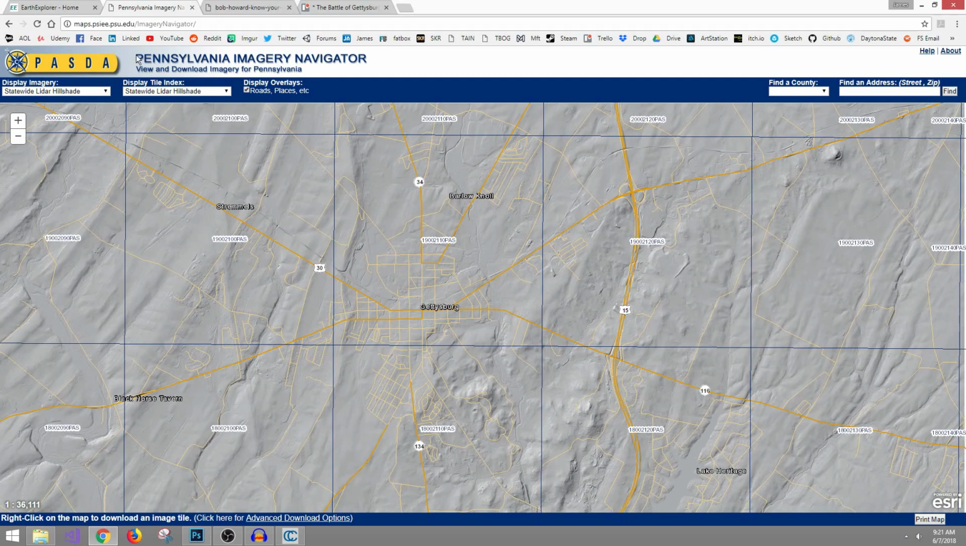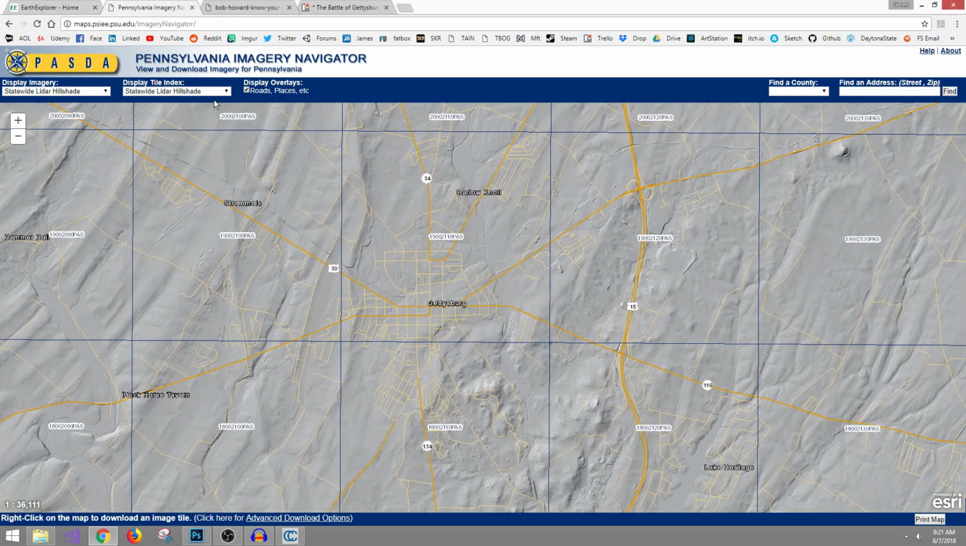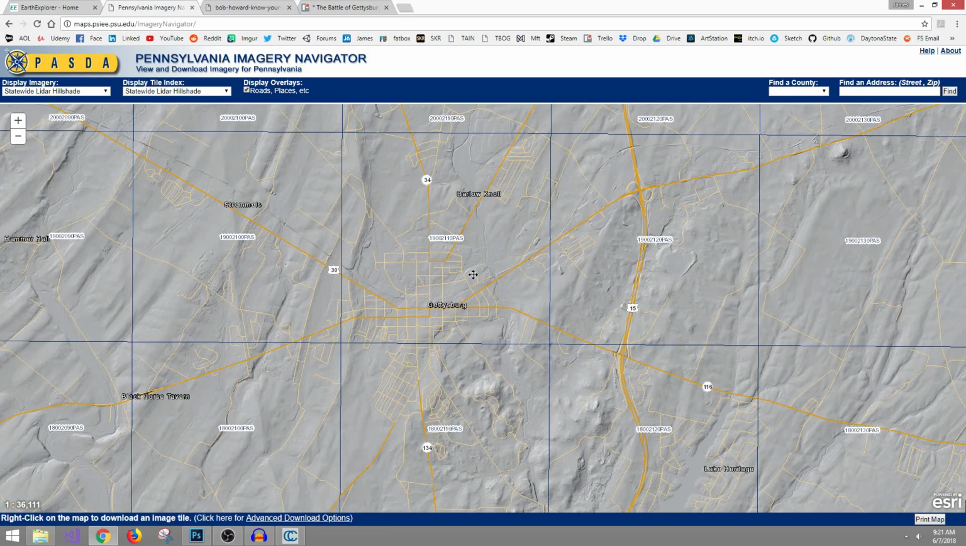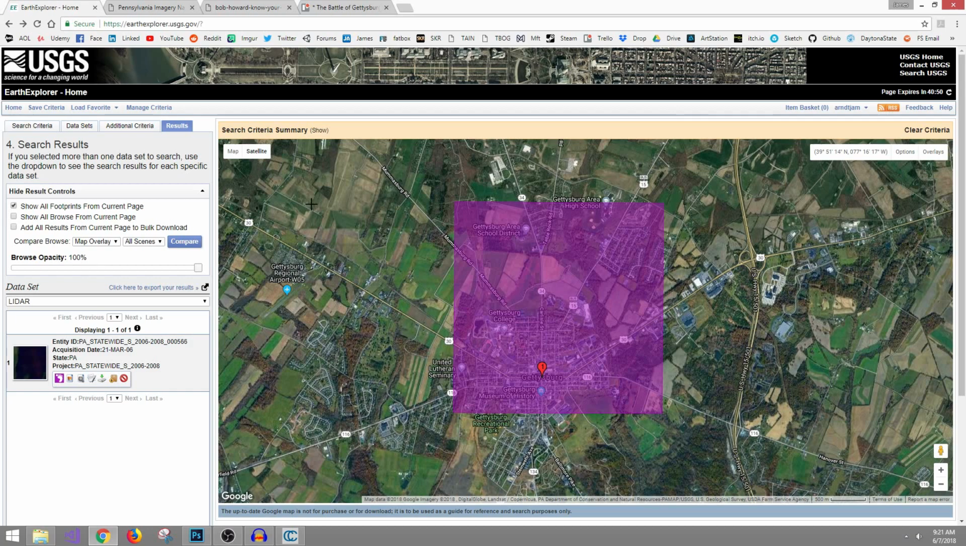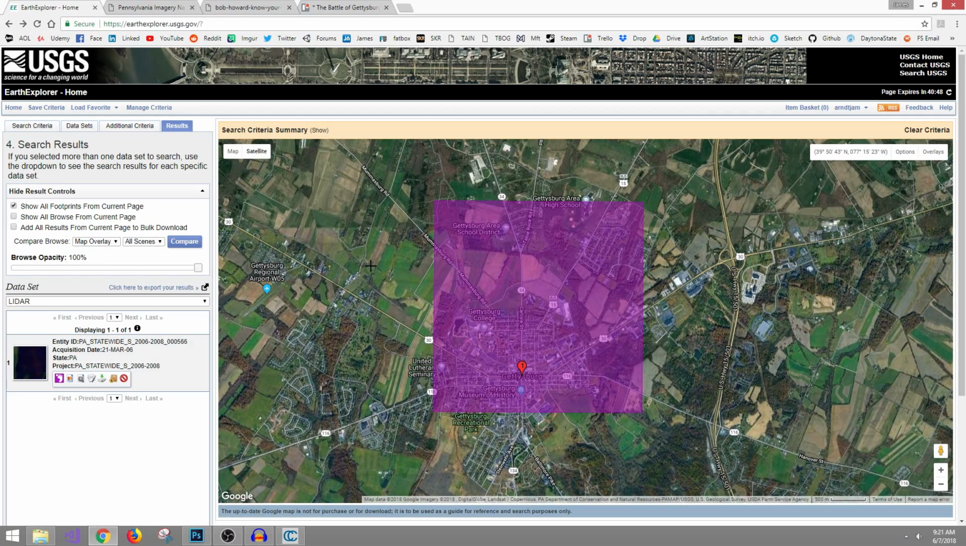So here, because we're in Pennsylvania and Gettysburg, is the Pennsylvania Imagery Navigator. Now each state, mostly at the state level I've found, for Maryland or Florida or Pennsylvania, has a repository for all of the types of terrain and elevation data in their state. Now, if you're looking for global, like the entire Earth and less specific to the state, the USGS, US Geological Survey,